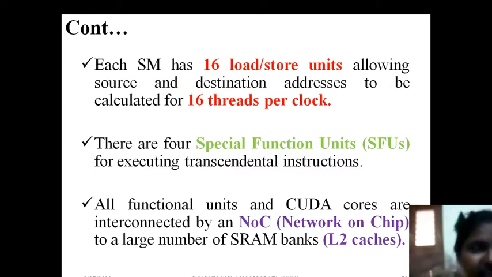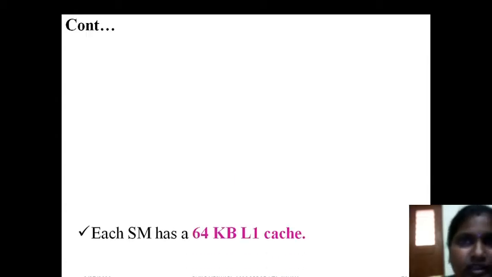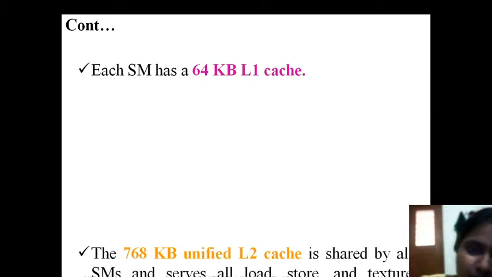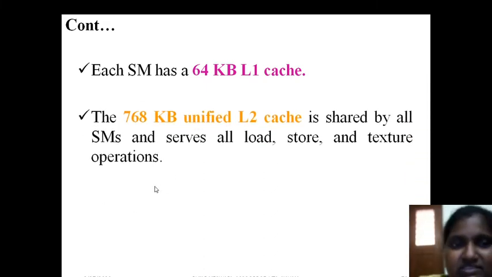Now, whenever they come out of their chip, which is accommodated with the L1 cache, the local memory, they are going to communicate with the L2 cache. Each SM has a 64 KB L1 cache. I repeat, each streaming multiprocessor has its own L1 cache, there is no doubt. A 768 KB unified L2 cache is also there, which is shared by all cores. Each core has its own L1 cache, and all cores share the 768 KB L2 cache.